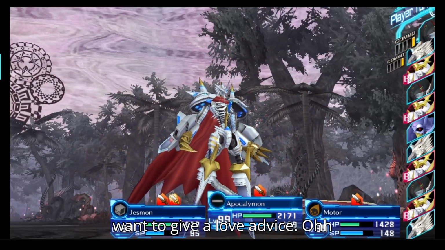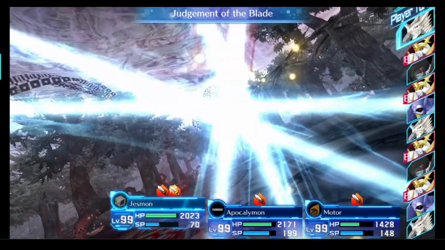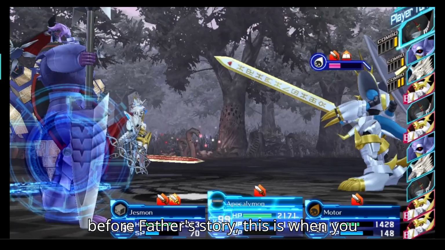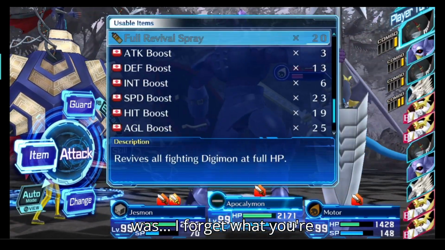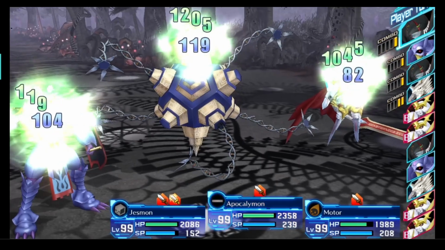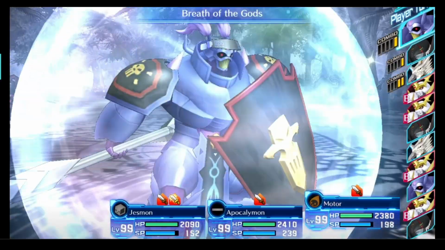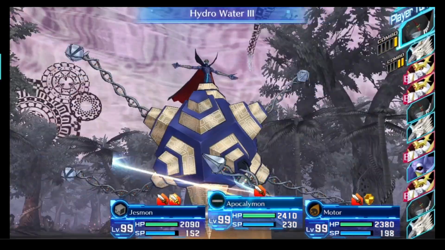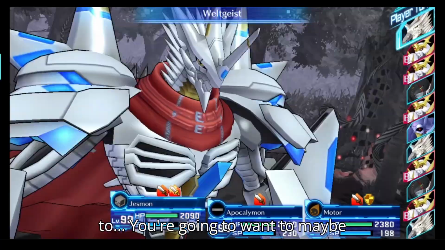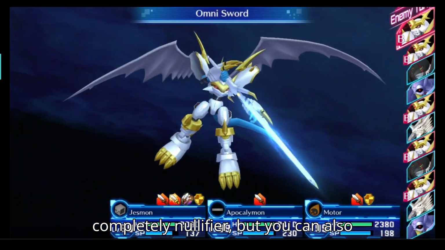We're getting to the point where I do want to give a little bit of advice. Now that he's at this stage before Father Sword, this is when you need to... I'd forgotten what he was supposed to say, but I think this is when I'm supposed to act. When he gets to this stage, he can inflict dotting. So you're going to want to prevent dotting. You can completely nullify it, but you can also use something like